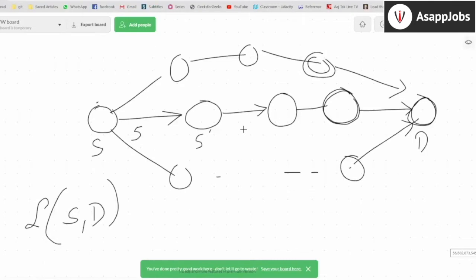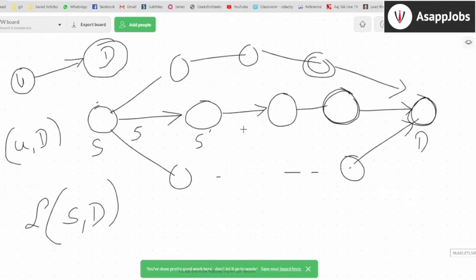So basically, you can represent the edge by UV, right? And V is my destination. Or you can better write it as UD. So when I say edge UD, that means there is a connectivity between U and D. So there is a vertex U, and it has an edge to D. That's what it means. What I need to do is reach D from all the vertices that have an edge to D. That's obvious from the graph itself. So I can reach D from here, from here, from here.